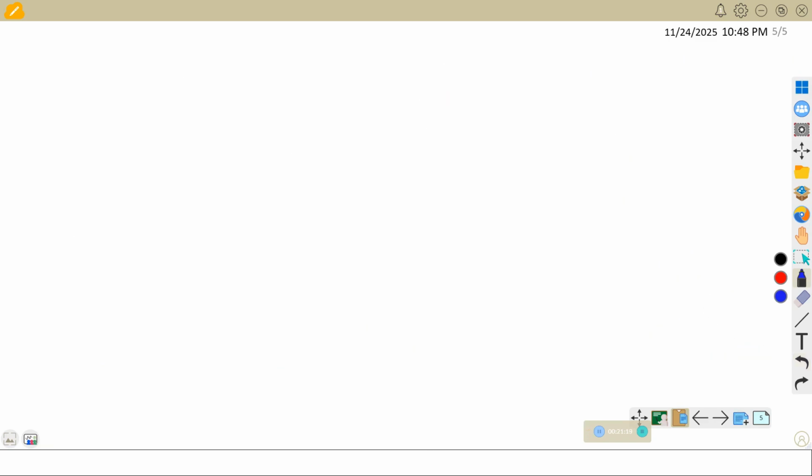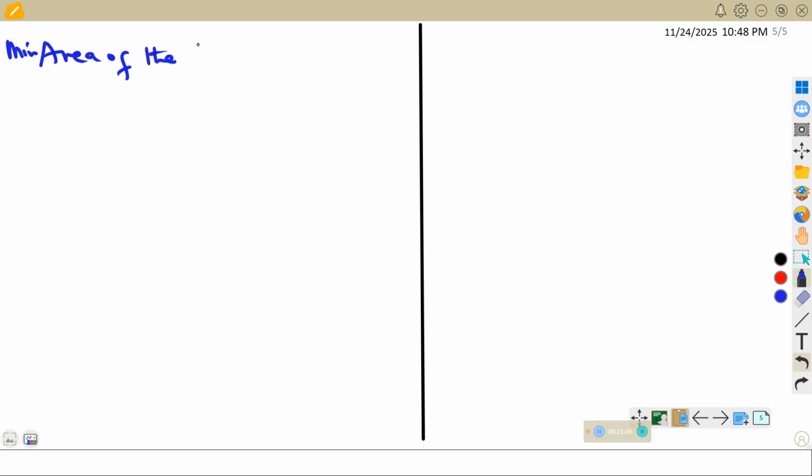So we can also go ahead and get the area. Can go ahead and get the area of the poster. So what would be the area of the poster? So the area of the poster, that is the minimum area. So the minimum area of the poster would be